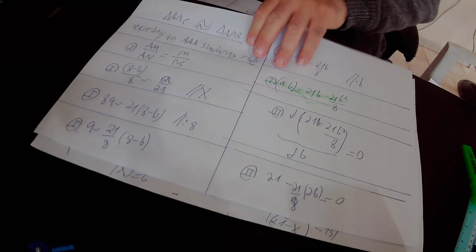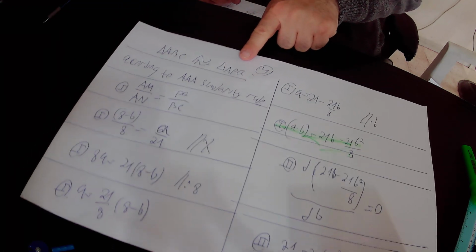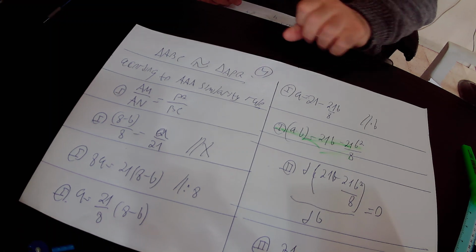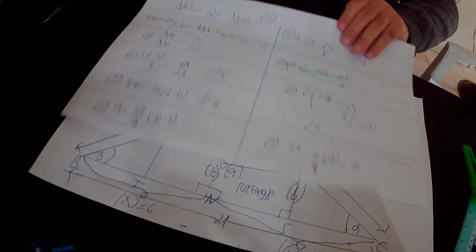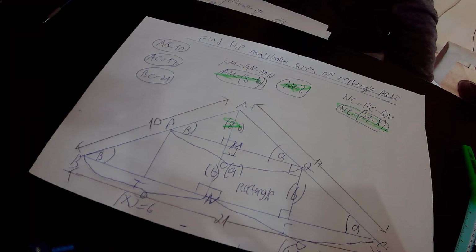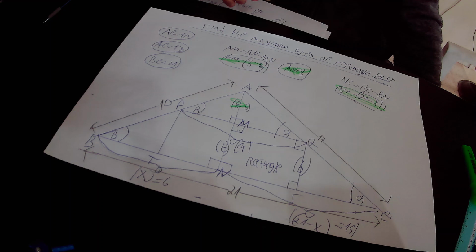Actually found out that the big triangle ABC is similar to the small triangle APQ according to the angle similarity rule. And whenever you have two triangles that are similar to each other, then the ratio between their corresponding heights must be equal to the ratio between corresponding sides. So here in our drawing, it means that